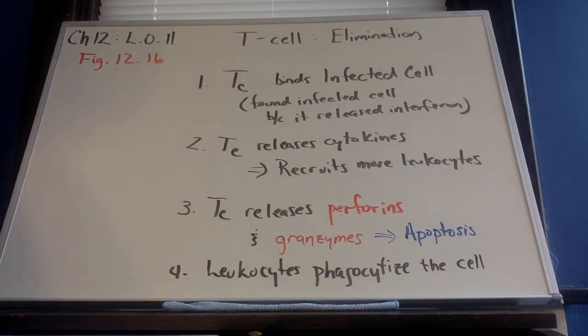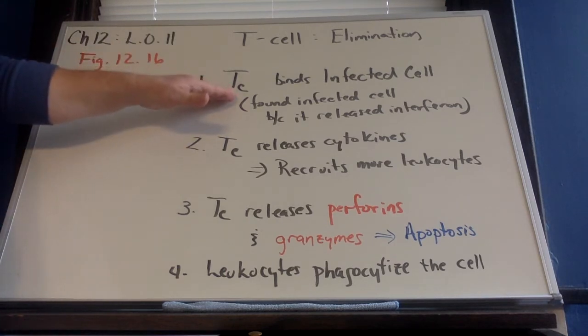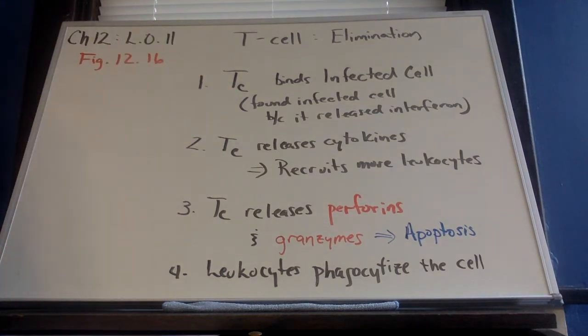All right, so after T cells have undergone proliferation, i.e. mitosis, and differentiation, remember differentiation will produce memory cells, and it will also produce effector cells. So the effector cells in the cellular response, remember those are the T cytotoxic cells. The way that these T cytotoxic cells eliminate antigens is they actually get rid of the entire infected cell, antigen